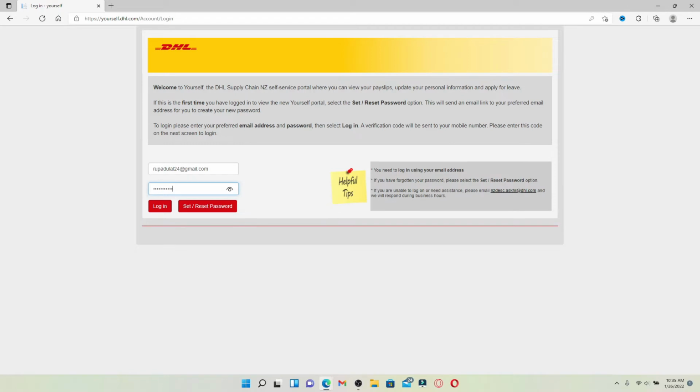reveal your password. In case you don't remember your password, you can click on the set/reset password button and follow the on-screen prompts in order to look for a new password. Finally, after you are done, click the login button beneath and you'll be able to log in to your DHL